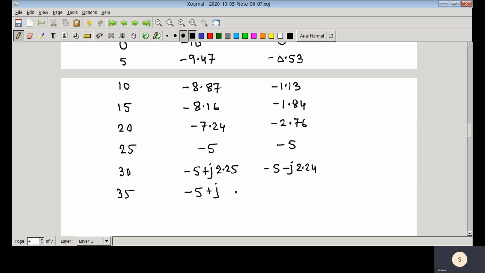So that real part remains fixed and the imaginary part is varying. So this is particularly for this example. It may be different in other cases. So here,